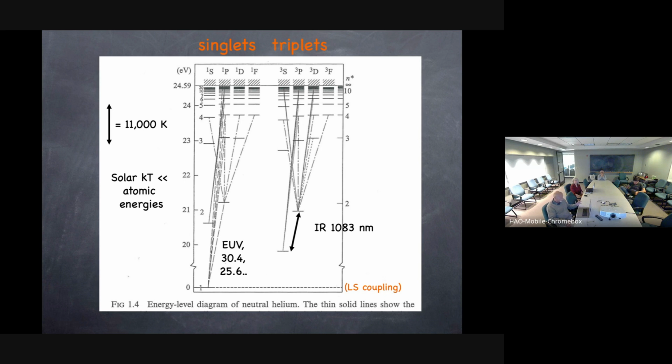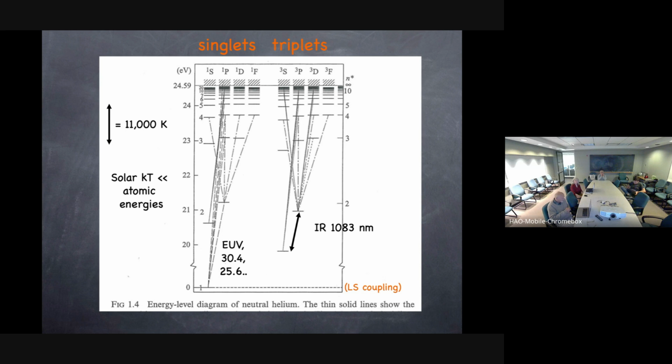It's very hard to excite these states, and that ground state is a singlet S state, which is like a billiard ball again. So you can just breathe it in and breathe it out. Tiny little billiard balls don't do anything. Okay. So what we're looking at here is the two systems, the one in which the first transitions we see